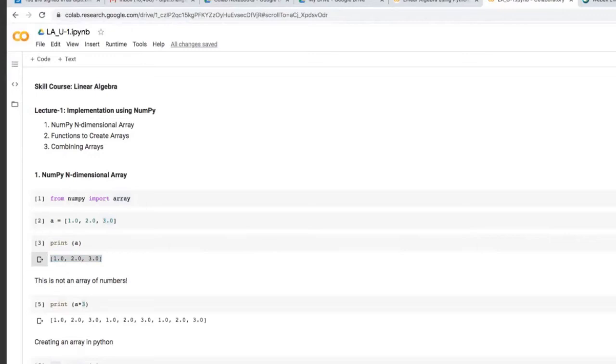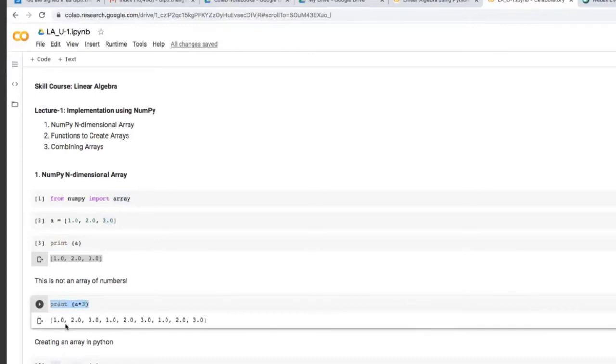That is, the first element is 1 point. Nothing is there after the point, 0 is there, so 0 is not displayed here. If you have 1.1, 1.2, those would be displayed. Okay. So 1.0, 2.0, 3.0. So these are the floating point values. A very interesting thing is when we tried to perform A multiplied by 2 over here, it displayed the list twice. Okay. Now we will try to perform this operation on this particular array and will execute over here,